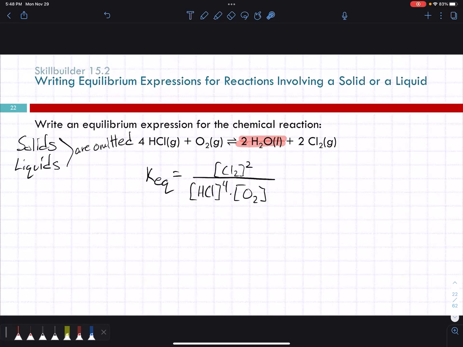So here we're talking about equilibrium, where things are going to balance out. If we have essentially an unlimited amount of a solid, then that concentration is not going to change the rate of the reaction at all, because it's never going to change. So for this, we left out the water, but I'm going to do it in a different color.